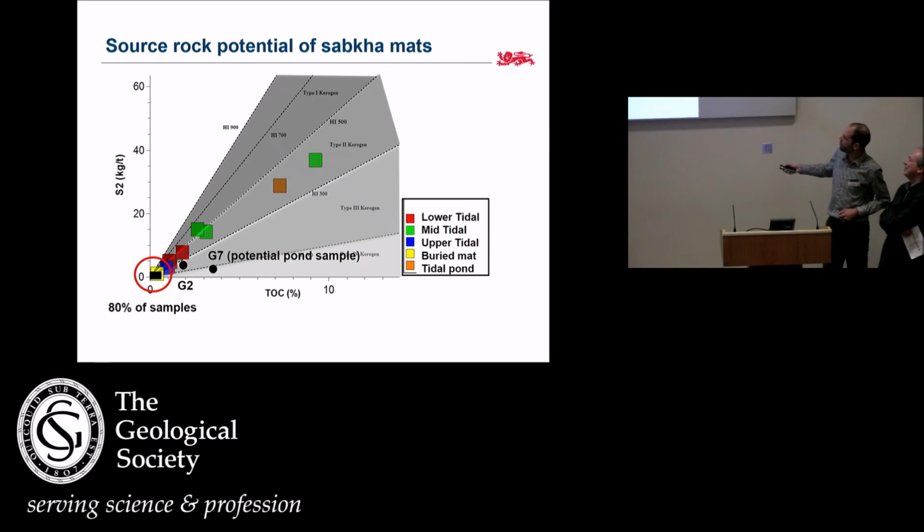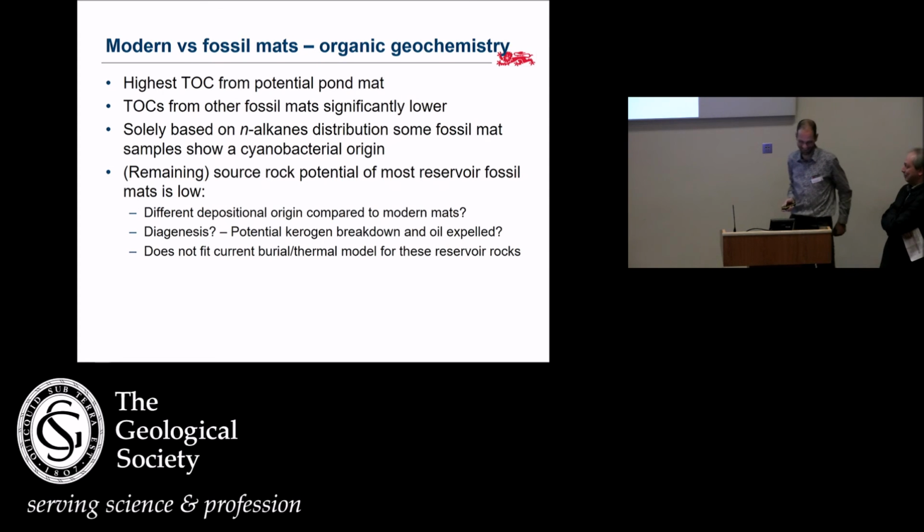Basically, all of my samples, if we just look at S2 and TOC, so again, Rock-Eval data, they show very low potential to become a source rock, except for maybe this G2 and this G7, so this potential pond sample. So to conclude, very quickly,